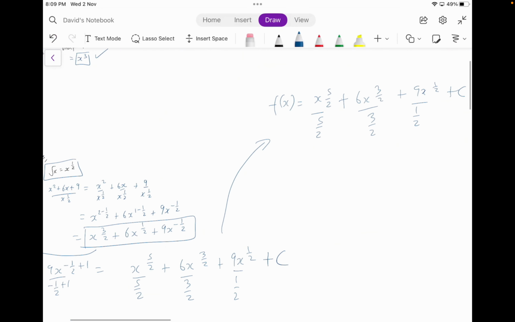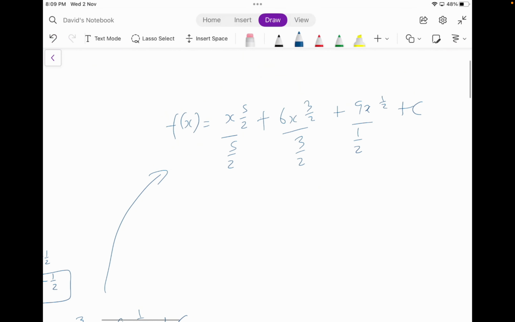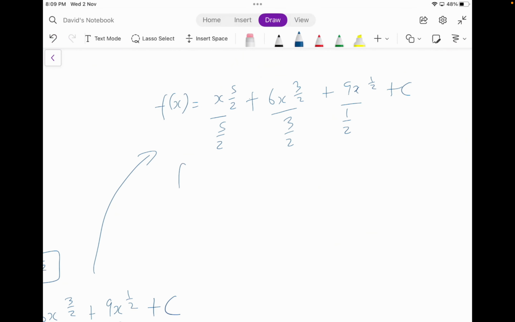Now we have found out the integrated form of all of this. Now we just need to simplify this so that we can read it much better. So it's going to become f of x. When you take this on the other side, on the top, this is going to become 2 by 5th x raised to power 5 by 2 plus,